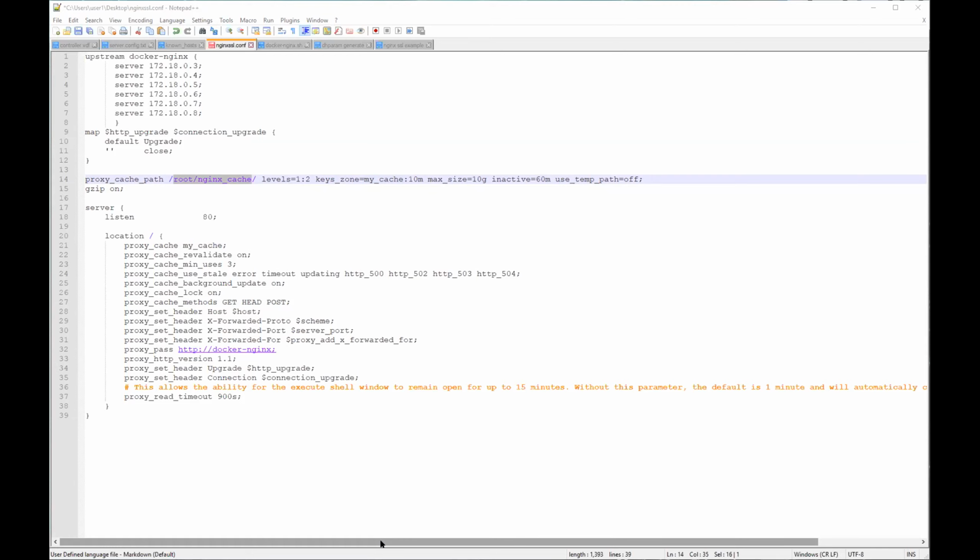So we just expose port 8080 for the time being. You need to expose 443 if you're using SSL as well. That's the only difference. So we add a name for this container because we need to know what it is, and we're going to call it Nginx proxy. So this is the proxy container.